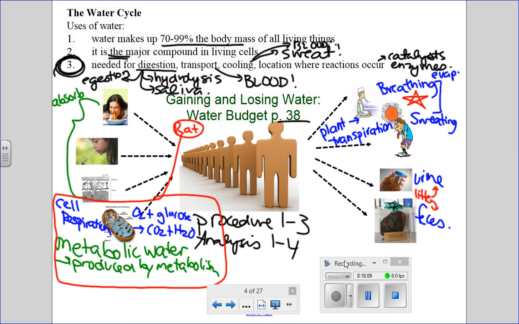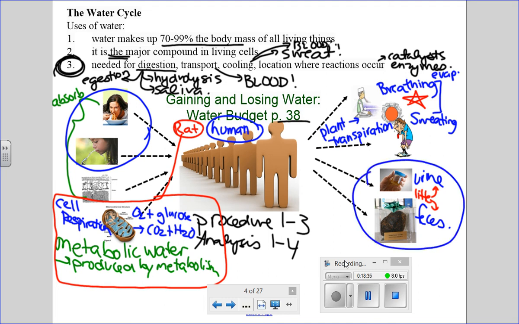Now, if we take a look at the human, it's basically the opposite. We get the majority of our water from eating or drinking it, which would make sense because for most of us, water is available and water is part of most of the things that we consume. And we lose basically all of our water through the waste products, through urine and feces. We still lose water, we still have a little amount of this, and we lose our water through breathing and evaporation.